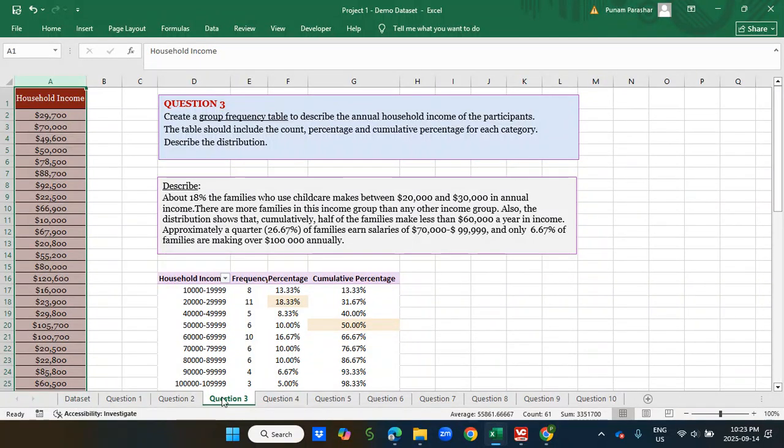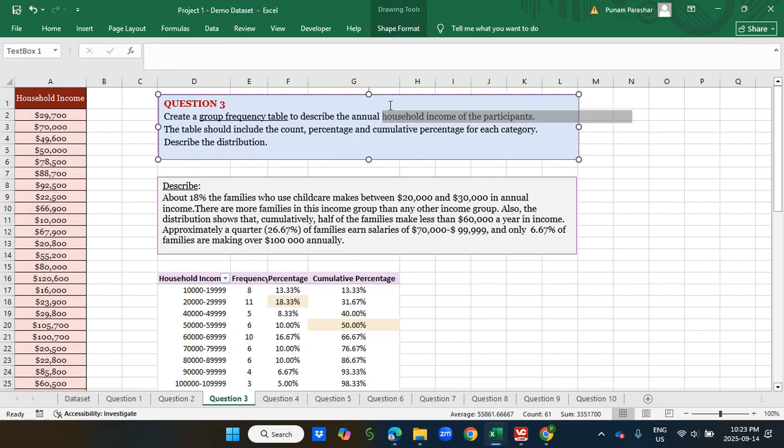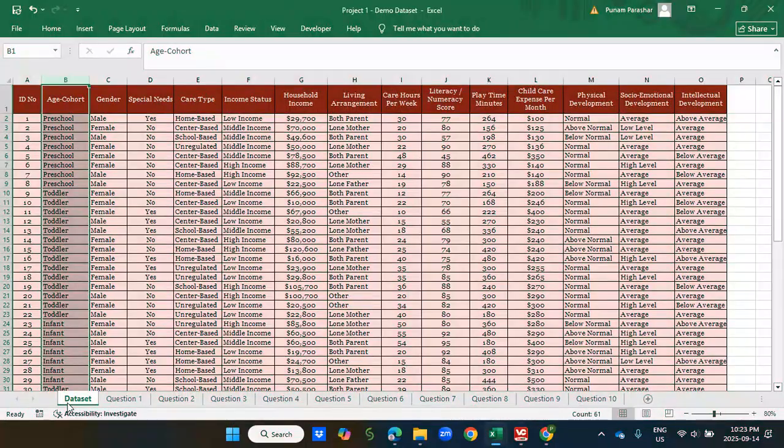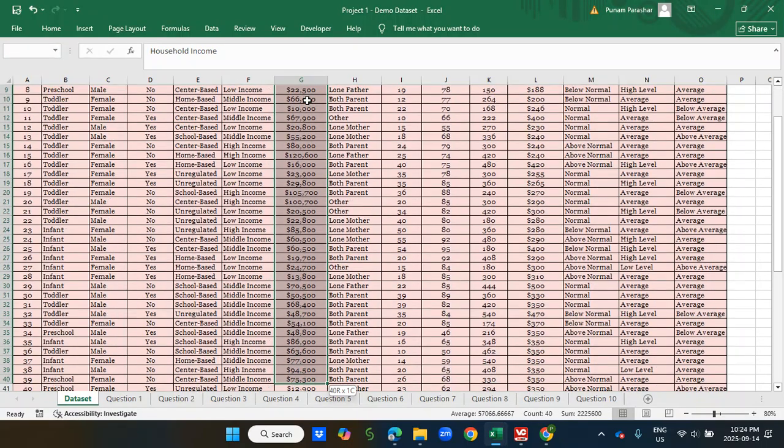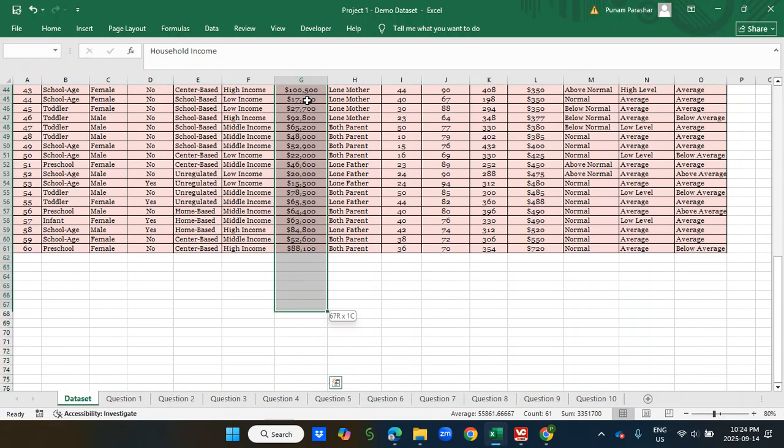Hello students, in the third question today we are going to do a group frequency table. The question is: create a group frequency table to describe the annual household income of participants. So this is about household income. We will go back to the dataset and find household income. This is the column of household income, so we will select this column